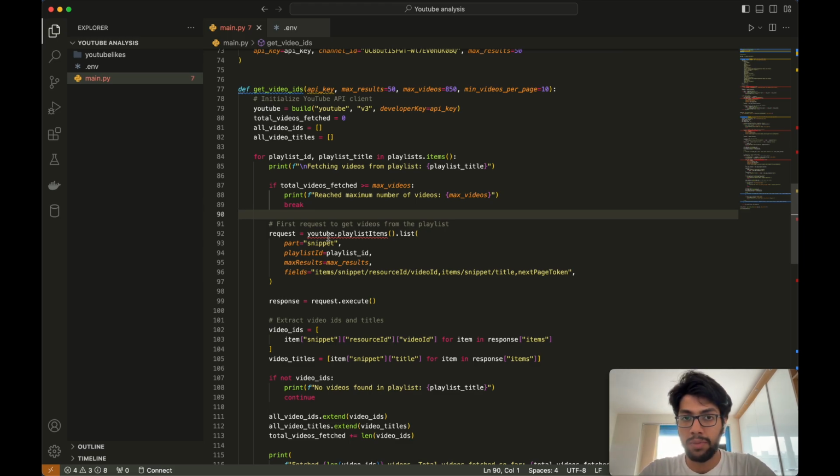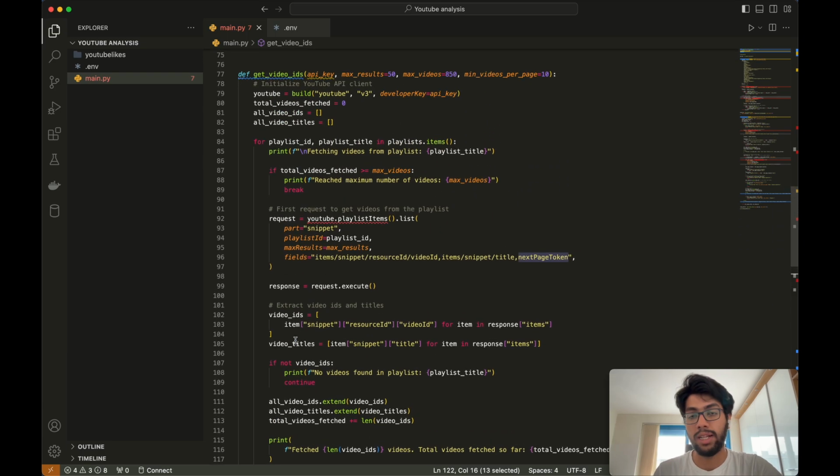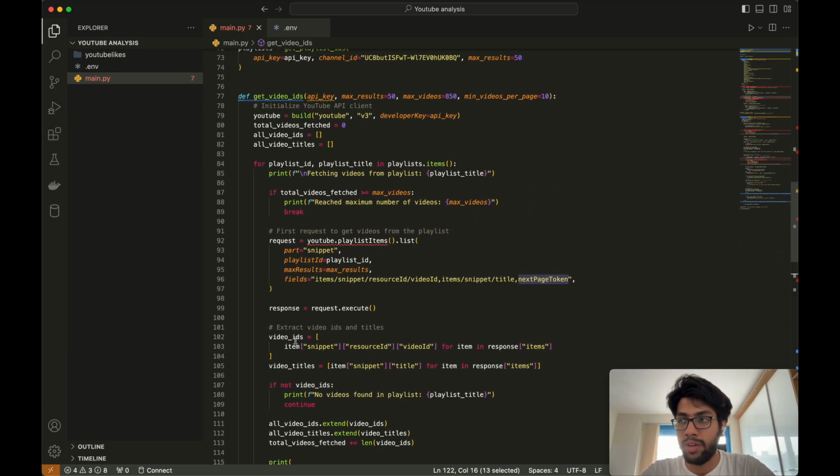for a few playlists, for some reason, the code was just repeating the last two videos from that playlist and the loop kept going and going and going. So I'll tell you what was happening. Suppose there are maybe 5 pages. This next page token, this is what I'm talking about. Suppose there are 10 videos per page and there are 5 pages